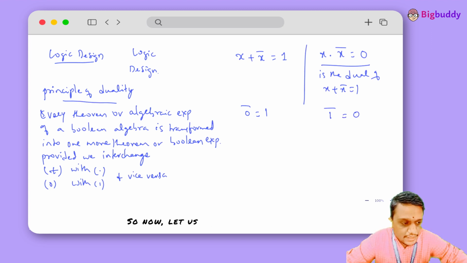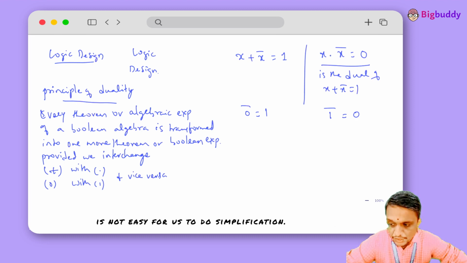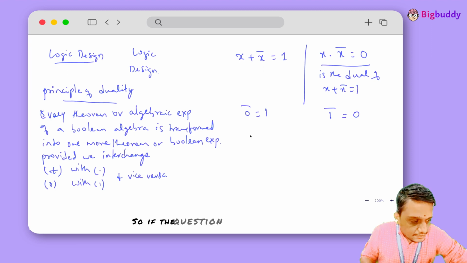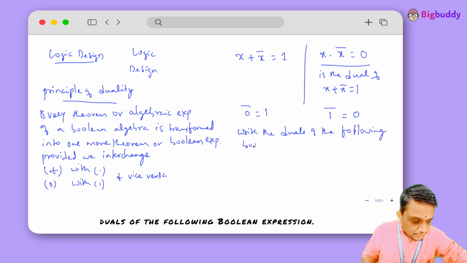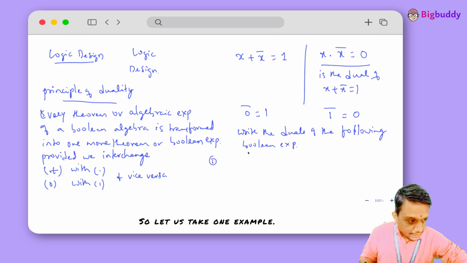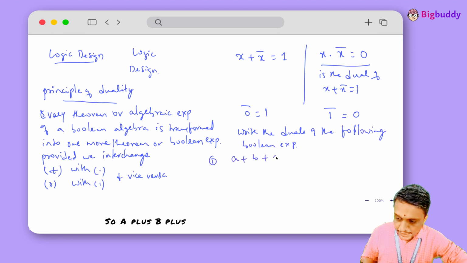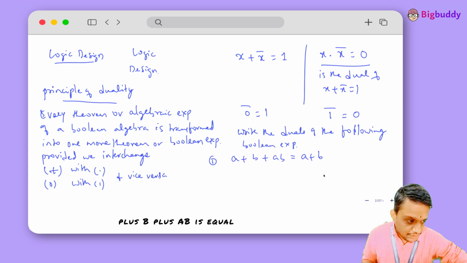Now let us do a little bit of problem solving on this, because without knowing this it is not easy for us to do simplification. If the question is to write the duals of the following Boolean expression, let us take one example. a plus b plus ab is equal to a plus b. If you want to write the dual of a plus b plus ab is equal to a plus b,